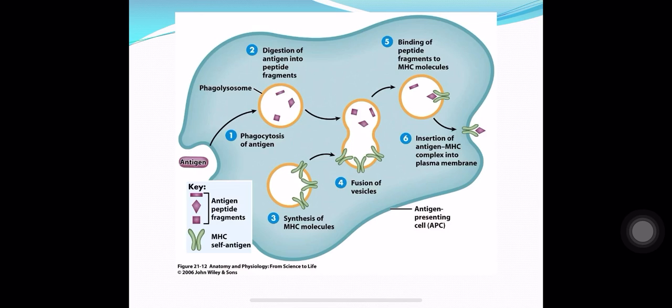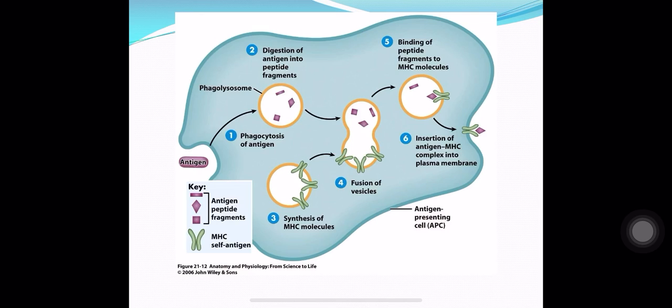Now what happens inside the dendritic cell as it is breaking down the antigen? In this figure, the cytoplasm of the dendritic cell is shown. The antigen is taken in by the dendritic cell and it is engulfed inside a vesicle in the cytoplasm. Inside the vesicle, the antigen is broken down into small peptide fragments.